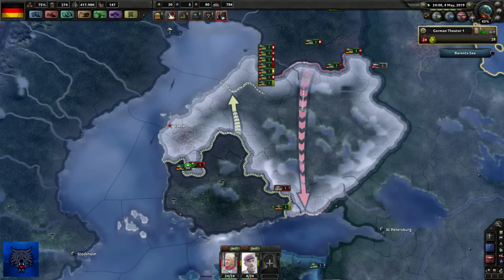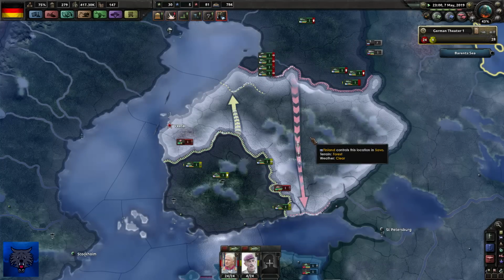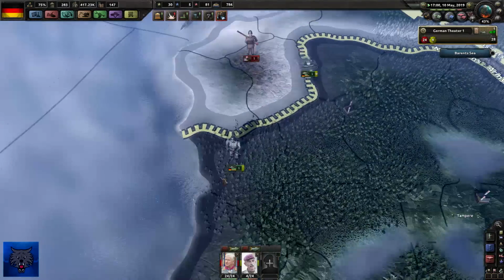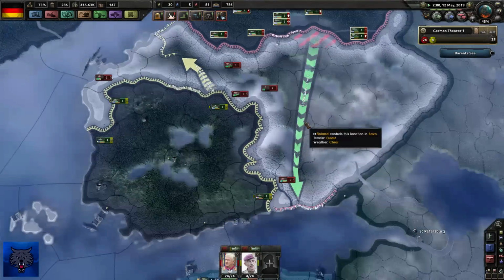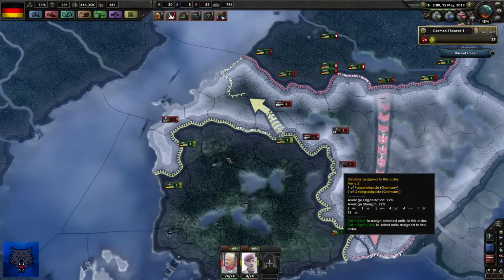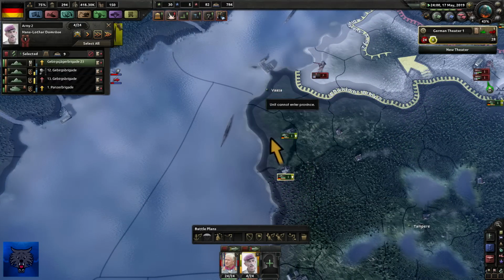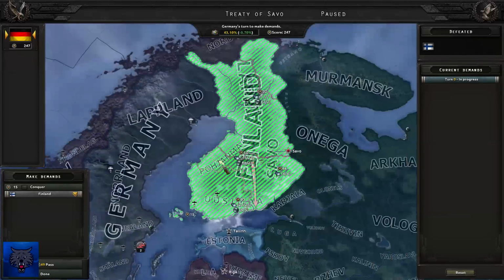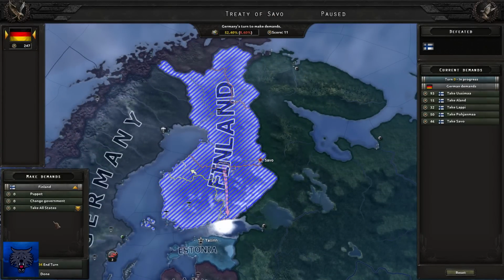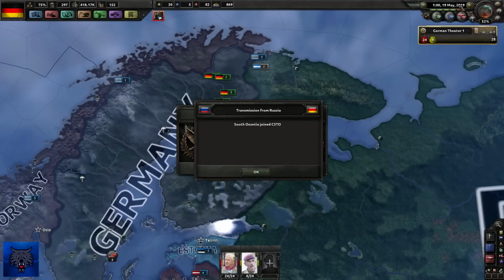I am blown away that they haven't capitulated just yet. They're at 89. Nearly. They've still got men in their capital. My tank just smashed it. And now we've got the Treaty of Savo. Okay, so let's take all the states. Perfect. Yeah, I'm surprised that...